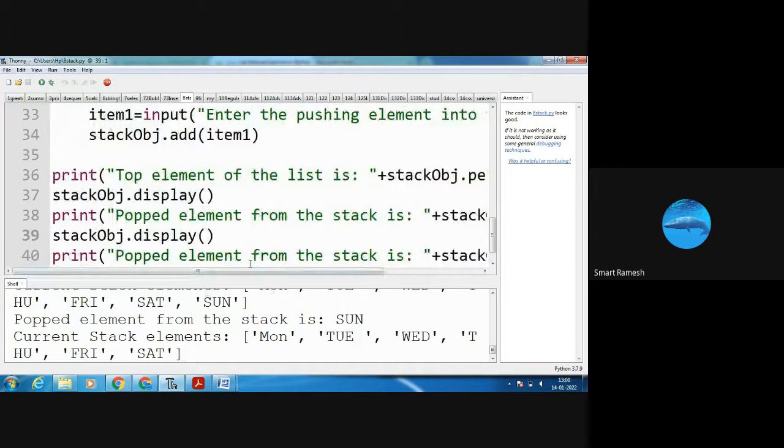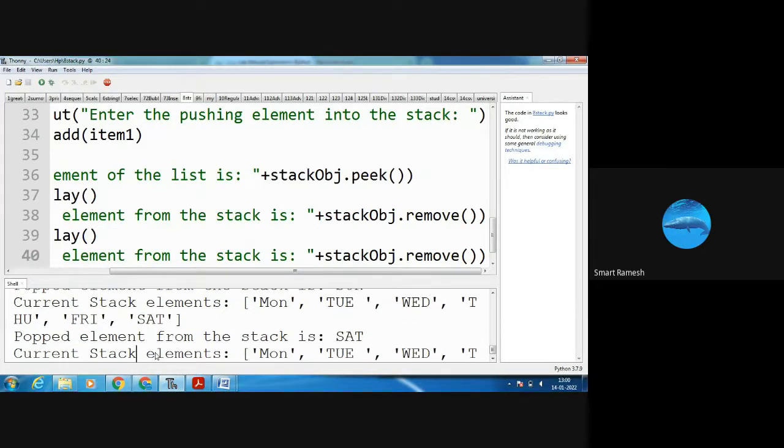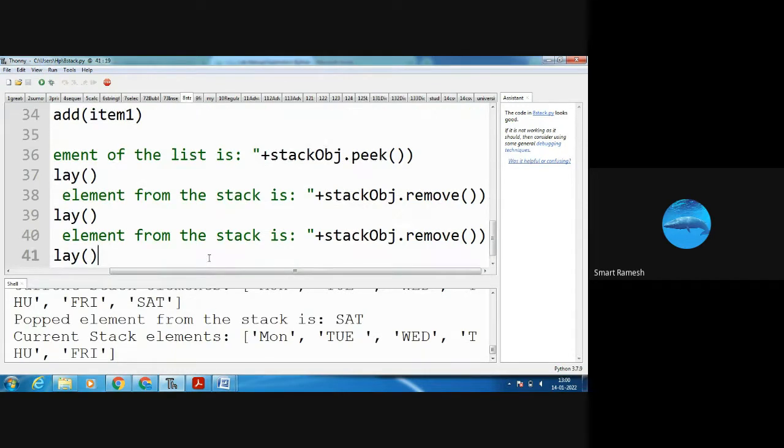Next, I am going to remove the next item. If I remove the next, Saturday is removed. Okay, Saturday is removed, and then Monday to Friday is the answer.